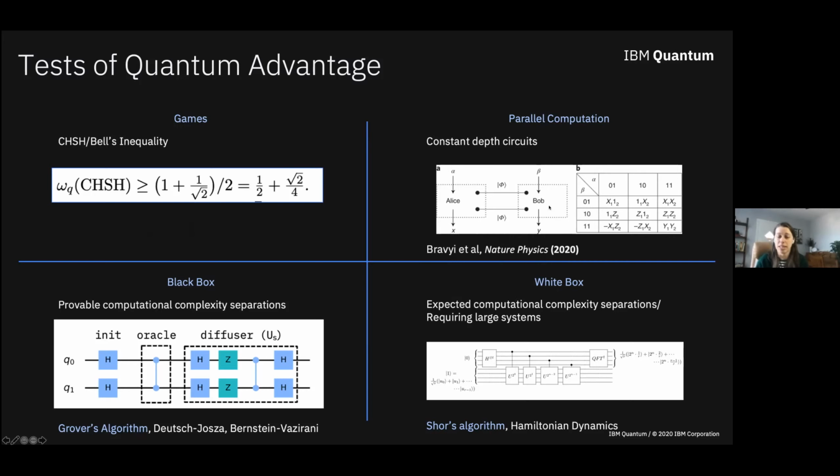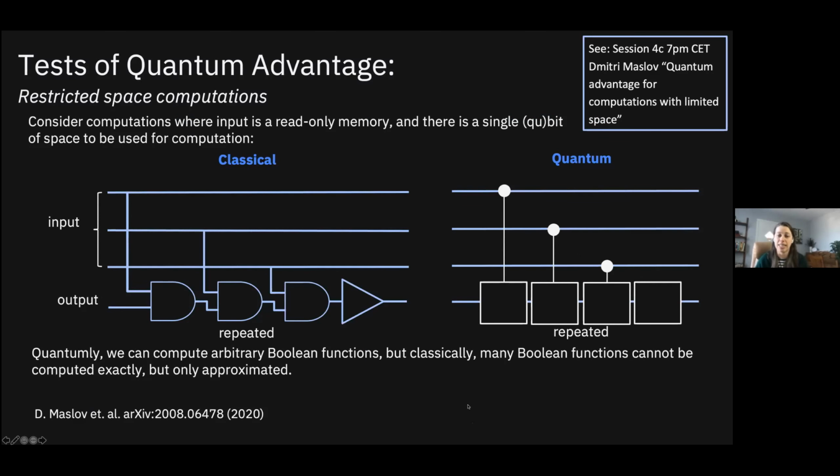Here, this was looking at constant depth circuits. So the tests of quantumness that are available to us now are looking at some kind of limited space where we can prove that our quantum system can do something beyond what a classical system could do. So we had some work on this in the past year, where we were looking at a different dimension of restricting the problem. In particular, we looked at what we called restricted space computations,